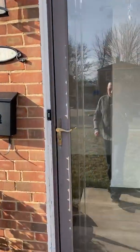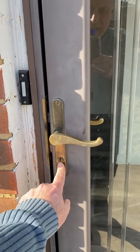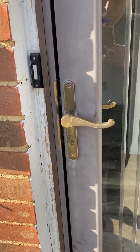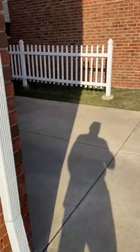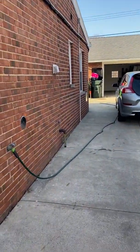Immediate problem I noticed is I can't get in the door and I can't unlock it from the other side. Something's broken on this lock. She never said anything to me about this, but I can't unlock this, so I can't get in. So we're going to go around the side door. But before we go around the side door, let's take a look and see what the heck is going